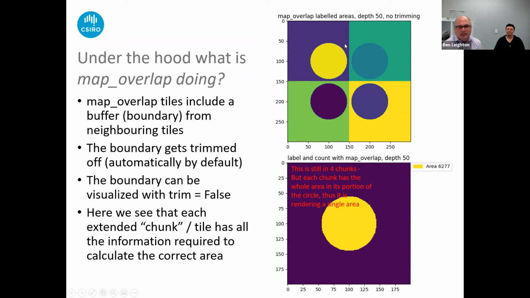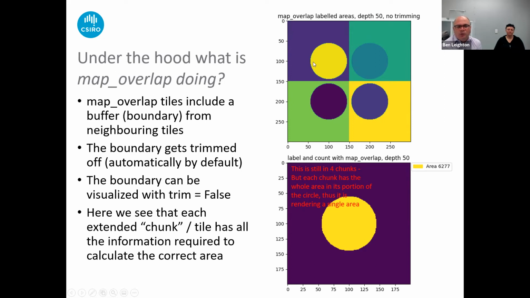The original data set is just a circle in the middle of a NumPy array, basically. The original dimensions were 200 by 200. And here what's happened is we've actually run map overlap with a buffer of 50. You can see and visualize effectively what each processing chunk looks like now. Each chunk, each quadrant, if you like, now has the full circle information available in